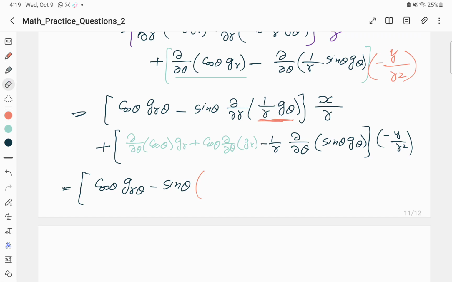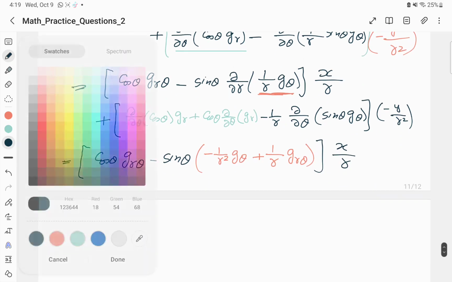So the derivative of 1 over r will be basically negative 1 over r square, and g theta will be written as it is, plus this 1 over r will be as it is, and the derivative of g with respect to r will be just g r theta, and outside we have x over r, and then plus,